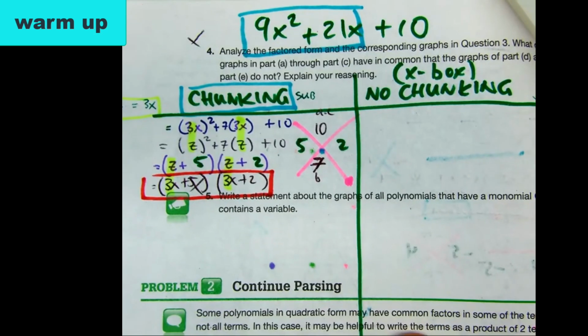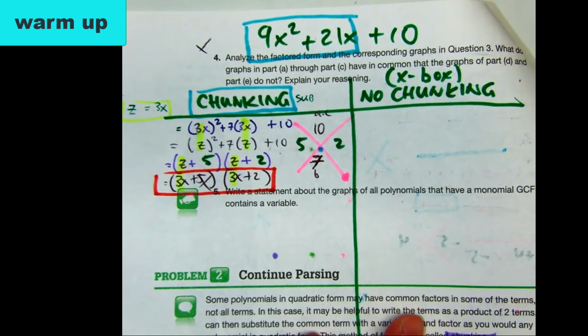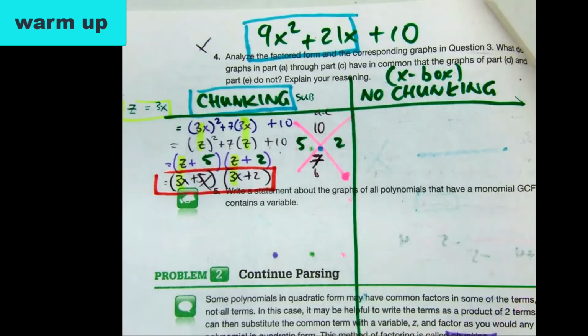Okay, here's the good news. Xbox method is so wonderful, you don't even need to use this chunking method. But if you use this method,